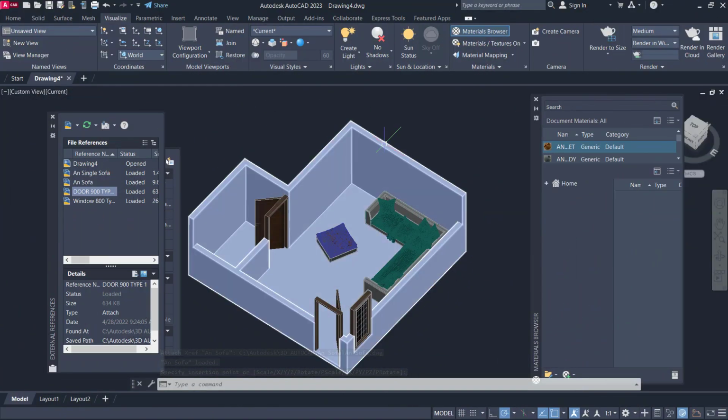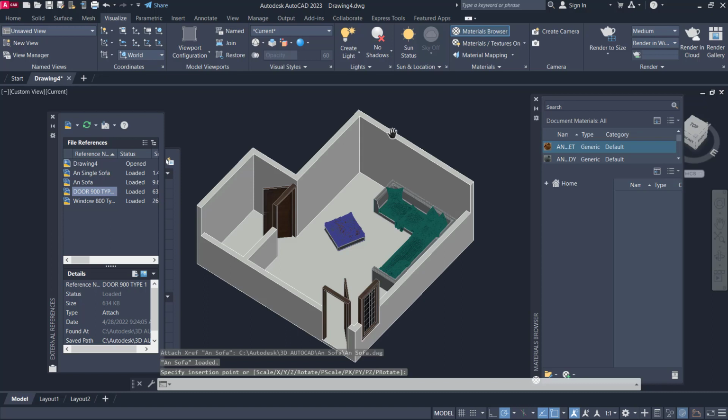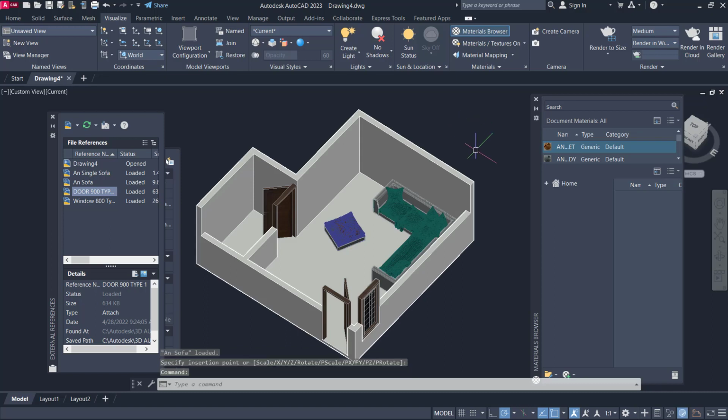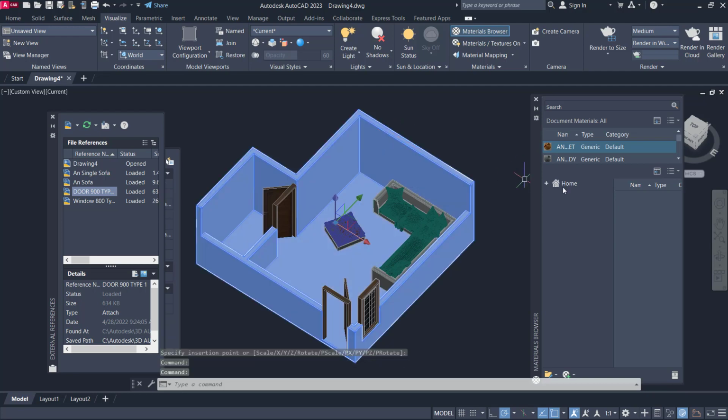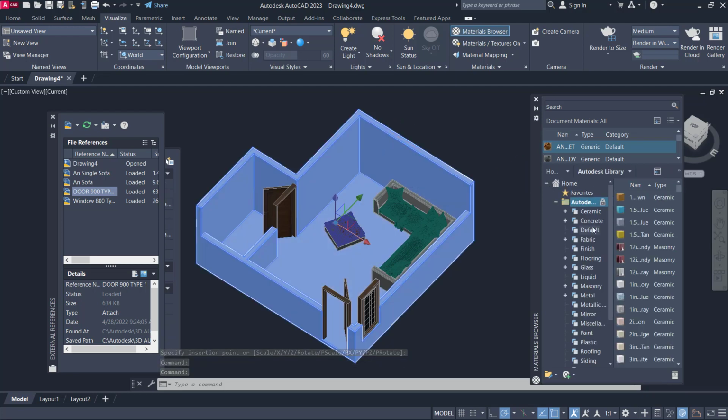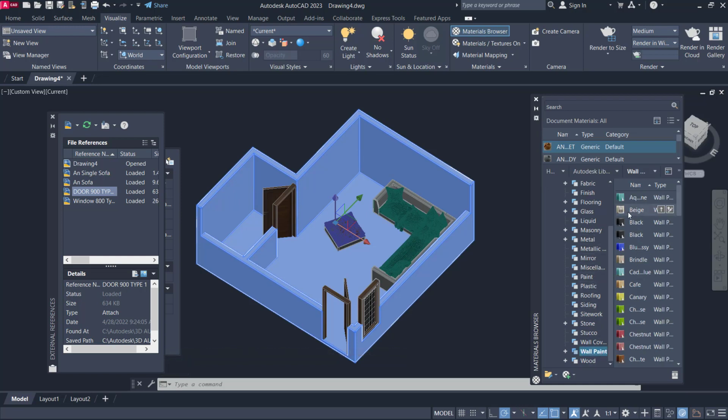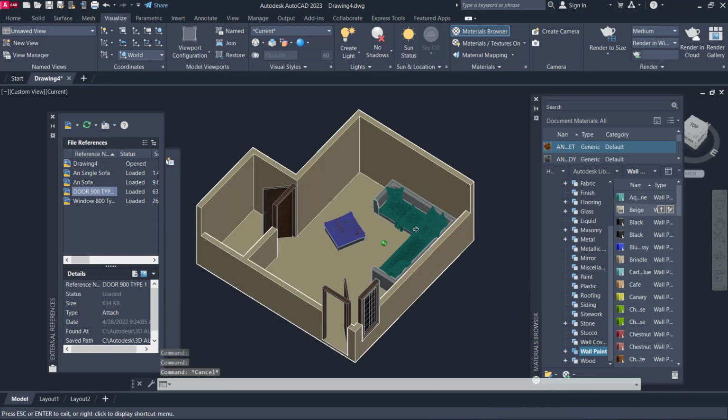And now, if you are done, we can give material to this wall. You can select. I will use a default material from Autodesk. Go to wall paint and we set into beige, assign to selection. So it will be automatically applied to the objects.